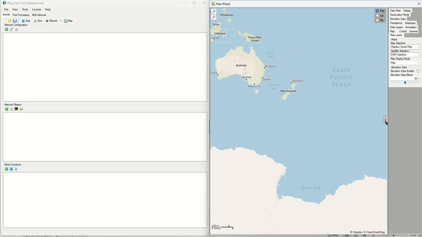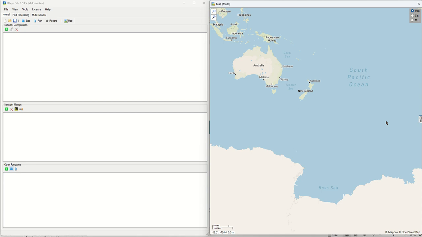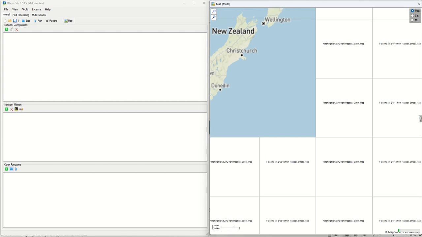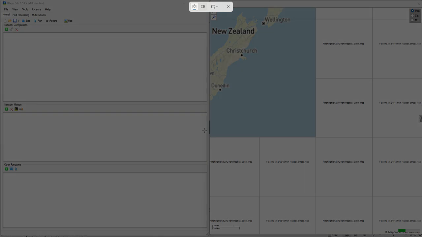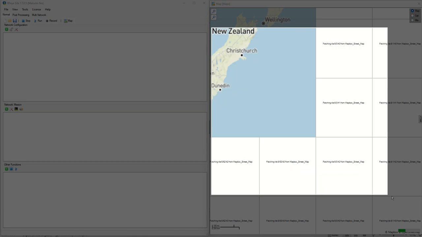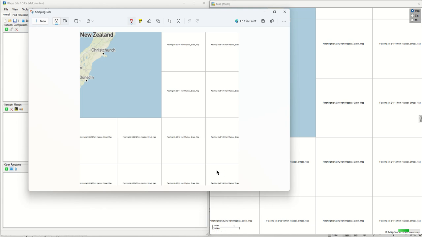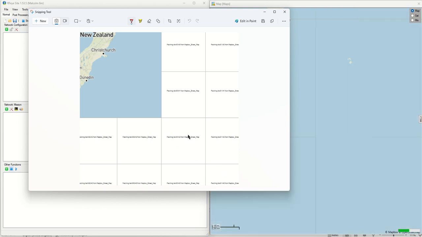Okay, so if I just close that box, now let's imagine that we want to zoom in on an area of New Zealand, and I'm going to zoom in and you will see RFeye Site downloading the maps as we zoom in. So if I just zoom in here, you'll see, and I'm just going to do a very quick screen grab, and the reason for doing the screen grab is I want to know which map tiles it's going to download. So if you see here from the screen grab, the particular map tiles that it's downloaded are